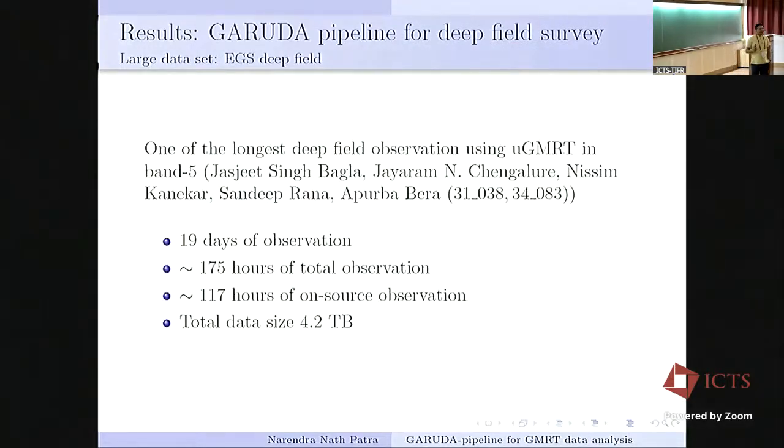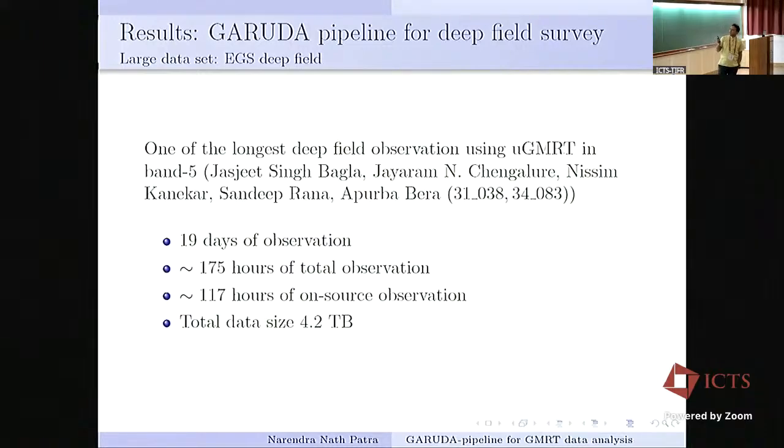To test the limit of Garuda, we have focused on one of the deep observations of uGMRT, which is the EGS deep field. We have about 350 hours of data in this field. These are the PIs of this observation, and the data is in the public domain.